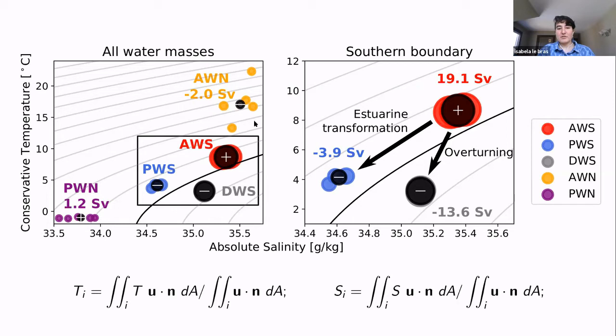And then this Atlantic water north is again kind of counterintuitive, because clearly the water flowing into the Arctic is not actually 16 degrees Celsius. That's coming about because there's a large heat transport associated with it, because there's warm water going north and cold water coming south. So a large heat transport with a very small volume transport. That's a bit of an artifact, but again, does not really affect our results here. So these are the initial conditions